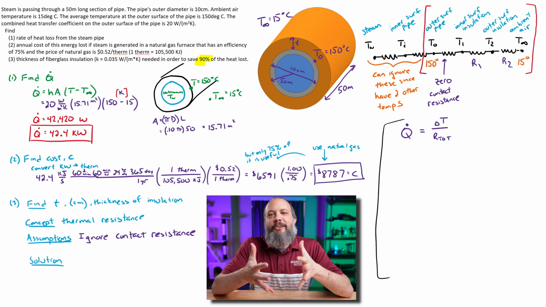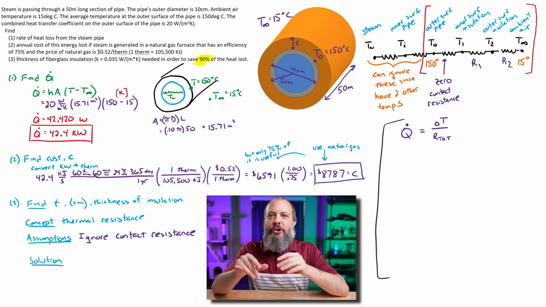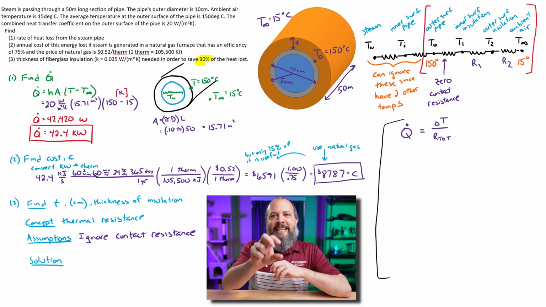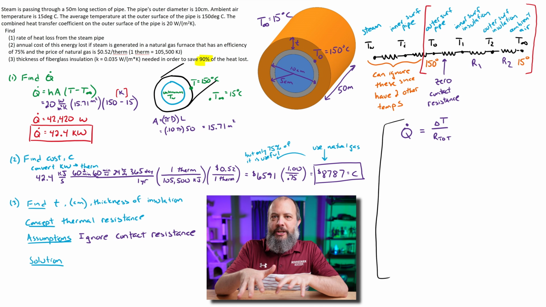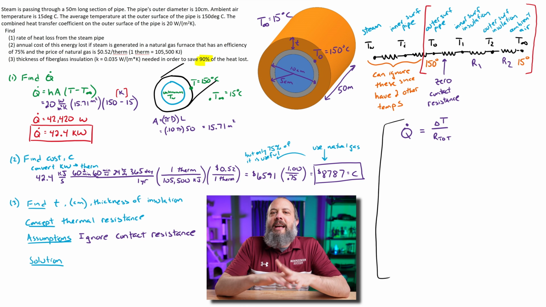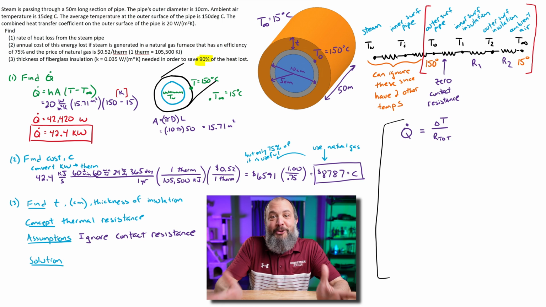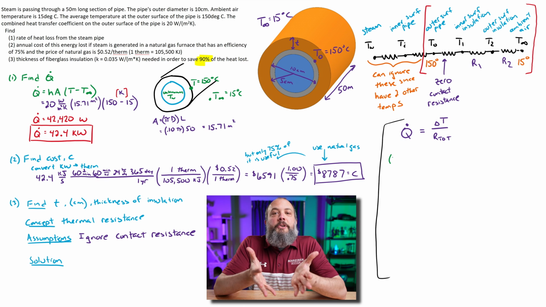And so, just like I can write V equals I times R, or I equals V divided by R, I can write Q dot is equal to delta T divided by the total resistance. And for all of these resistors in a series, that's the easiest possible case. I can just add them all up. So the amount of heat transfer is the